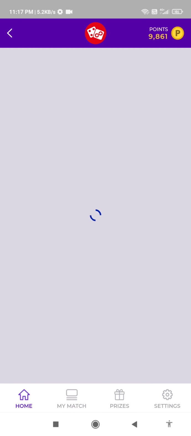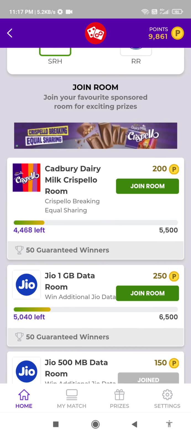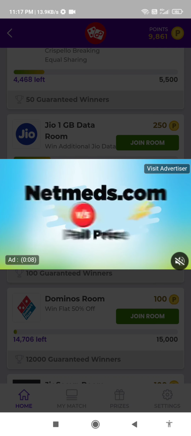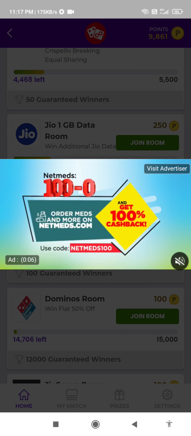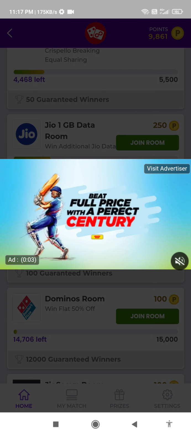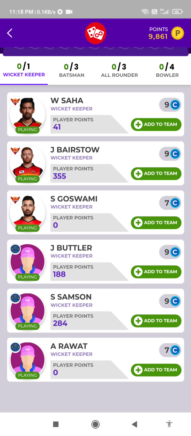So I am joining another room. You can join another room by creating your new team, or else you can choose your existing team as well. So I am creating my new team. I am adding wicket keeper Samson.